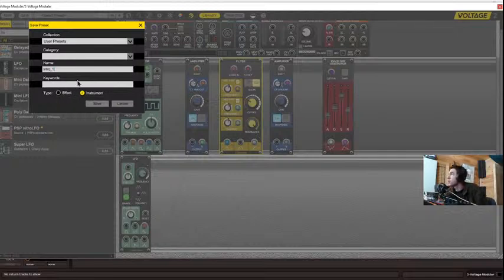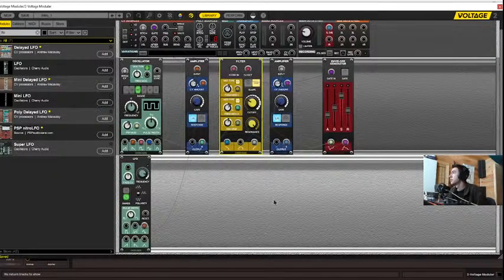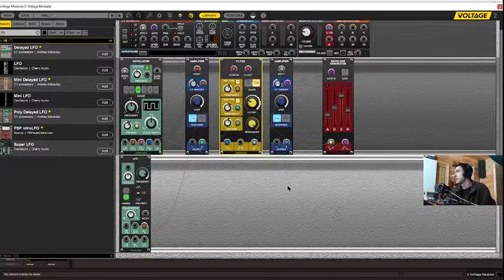You can put keywords, you can choose effects or instrument. They have a great browser for your presets. So I'll hit save. I guess we'll put it in bass. And yeah, so that's basically